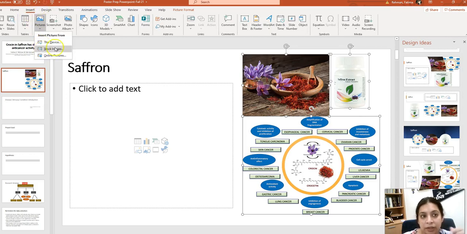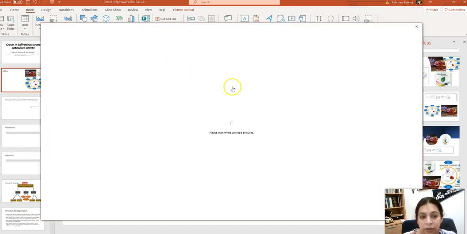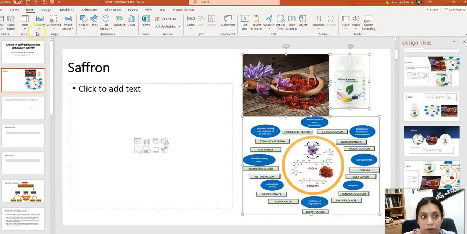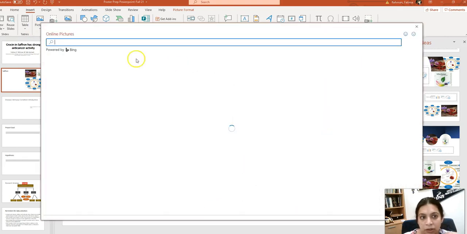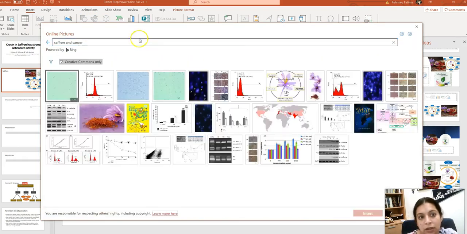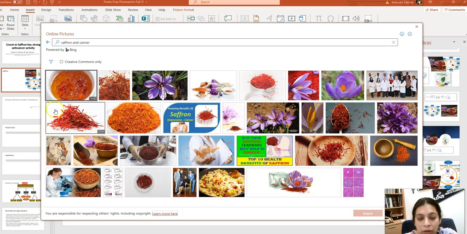online by going to insert online pictures and then going into a search engine through Bing, for example, in here, and I can search for whatever topic it is that I want to insert images from. Didn't open up correctly. So there we go. So I could say saffron, cancer, see what comes up. Some images come up. Ooh, that's interesting. I can say Creative Commons only, or I can have more detailed. And now when I click on these, it can automatically insert them in my